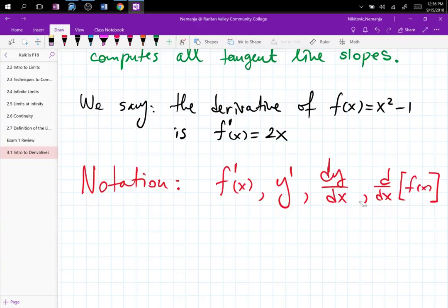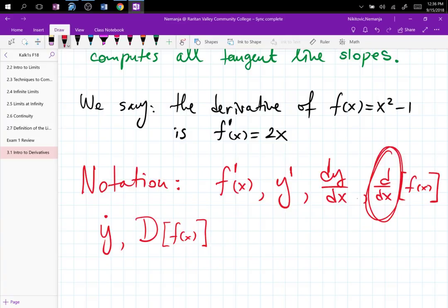All right. Other notation that you are going to encounter as you go to different courses, different books, different math courses or engineering courses, which we are not going to use in class, but they exist, are y with a dot, original Newton's notation. You are going to see capital D of f of x in linear algebra. That's called the differential operator, which is actually this thing, just written as the capital D.